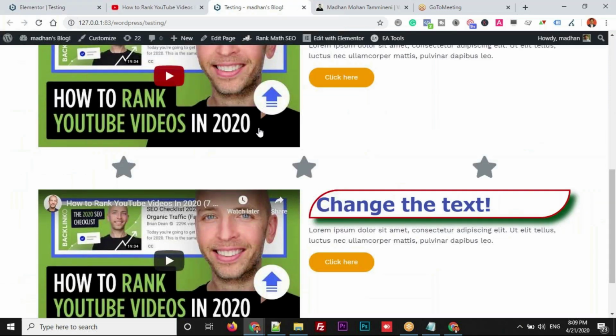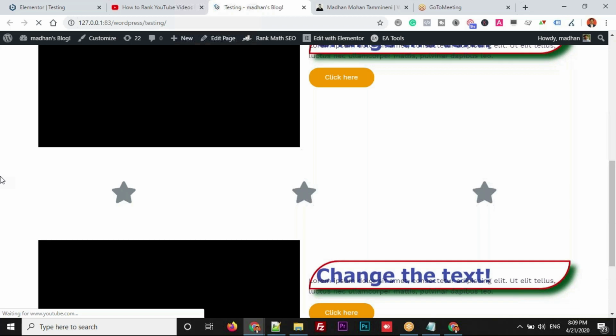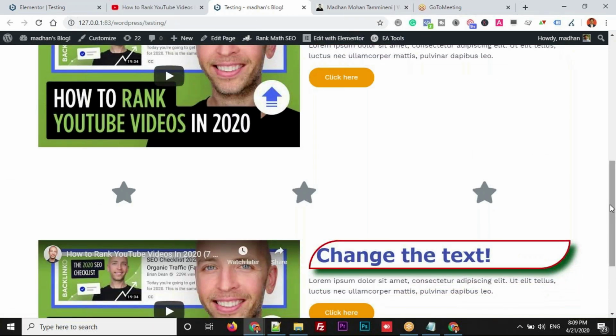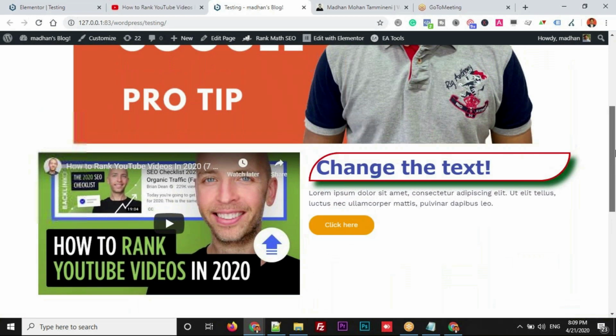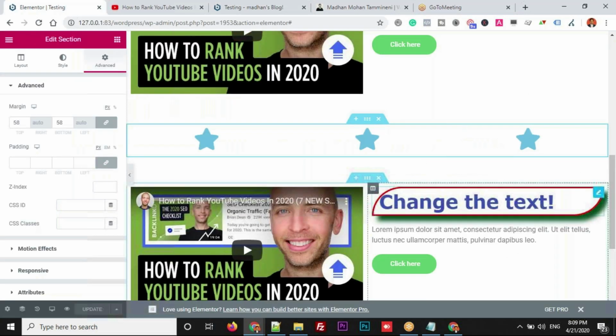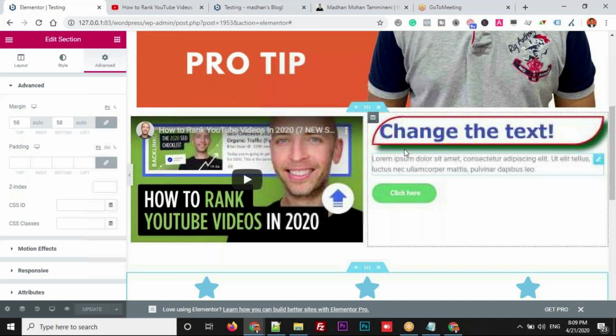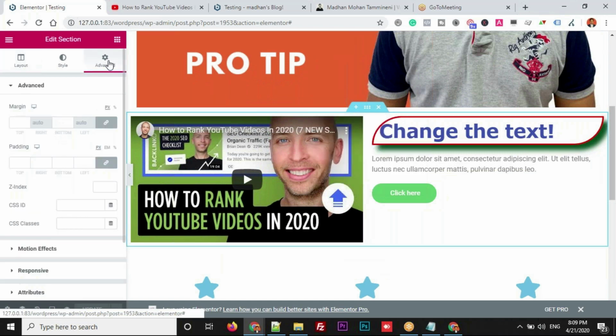Now this is how it was. Now let me refresh and see, it looks better now with some spacing. Same thing you can add here as well, just because it is right below the image. For that, just go to the top, select the row, advanced settings.